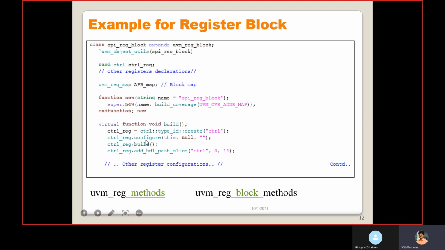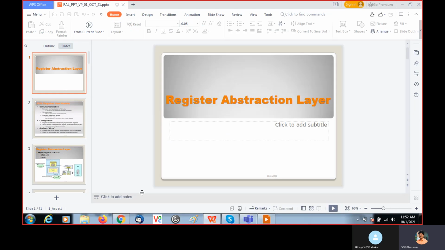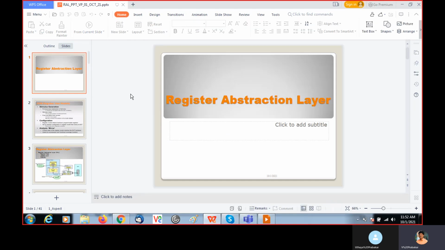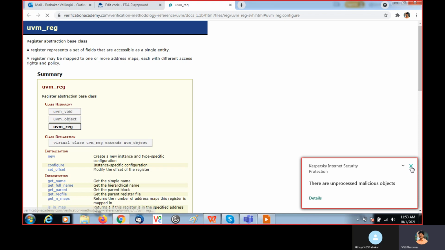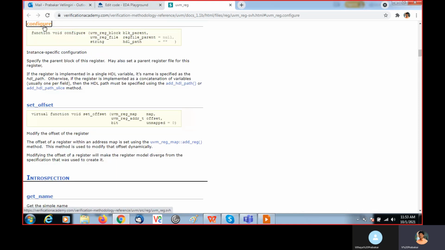We will see in the corresponding configure method, which is available in uvm_reg. This is the configure method available in uvm_reg. So these are all the arguments: the uvm_reg_block, the parent, and the name.